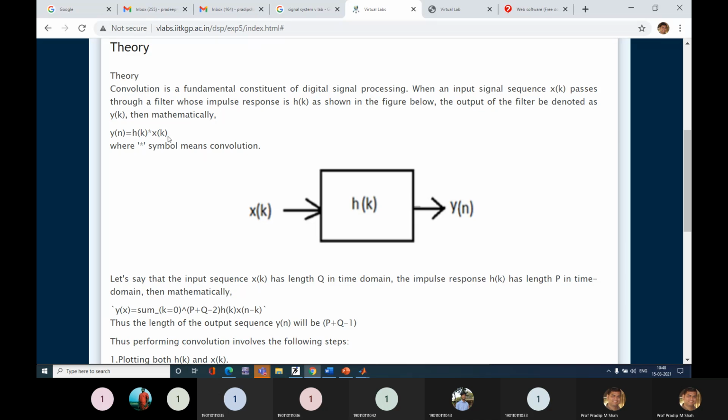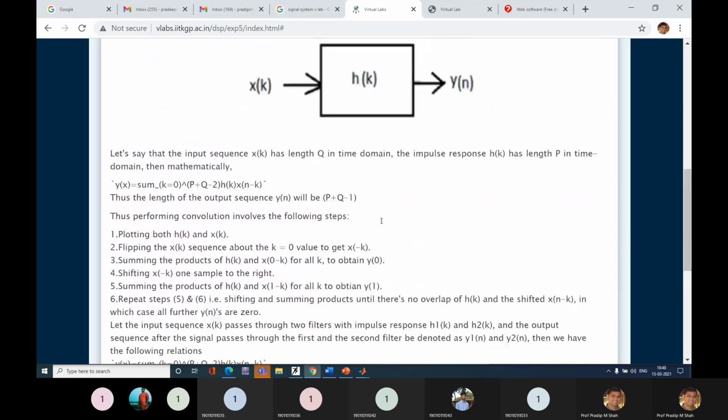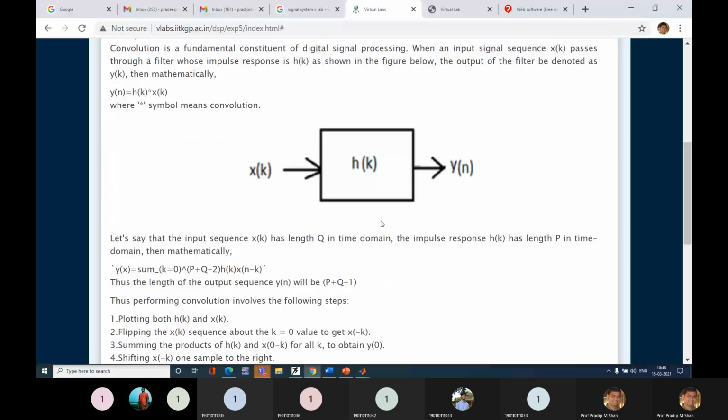Mathematically, you can define the system output as y of n is equal to x of k convolution with h of n. So now this experiment is regarding how to find this y of n. Ultimately, to find y of n, I need to find the convolution of my input and impulse response. Is it right?